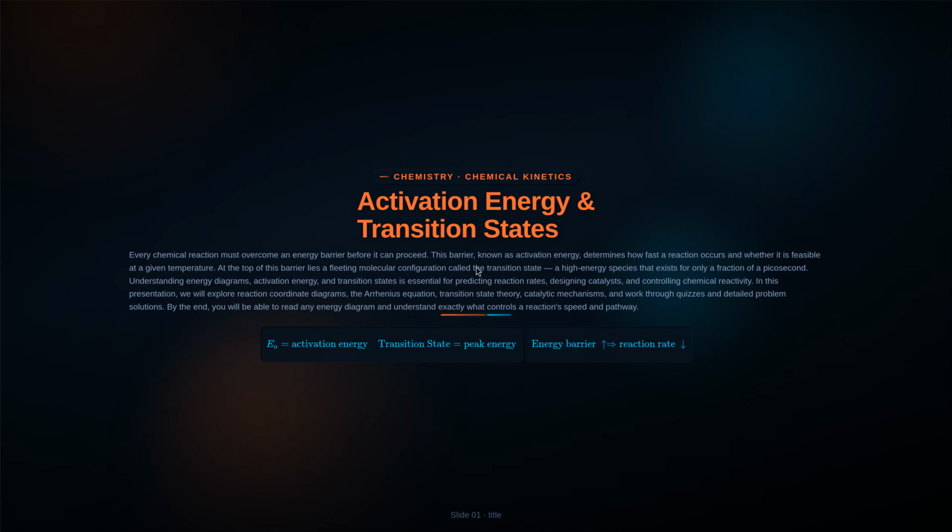Understanding energy diagrams, activation energy, and transition states is essential for predicting reaction rates, designing catalysts, and controlling chemical reactivity. In this presentation, we will explore reaction coordinate diagrams, the Arrhenius equation, transition state theory, catalytic mechanisms, and work through quizzes and detailed problem solutions. By the end, you will be able to read any energy diagram and understand exactly what controls a reaction's speed